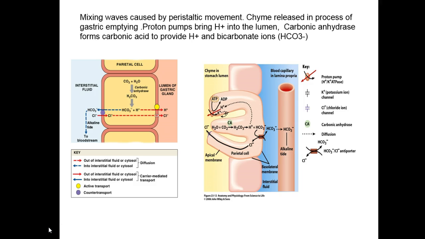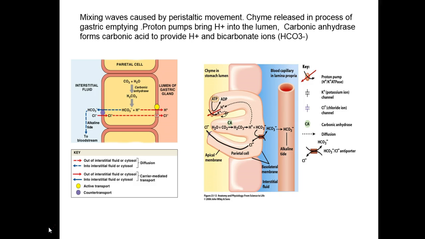So now what we want to do is we refer to this hydrochloric acid. We are looking straight at a parietal cell, and I'm on the left here. And what the parietal cell does, it doesn't actually secrete hydrochloric acid. What it does is it secretes carbonic anhydrase. That's H2CO3. And what that does is that turns into bicarbonate ions. So carbonic anhydrase forms carbonic acid, which when it has its